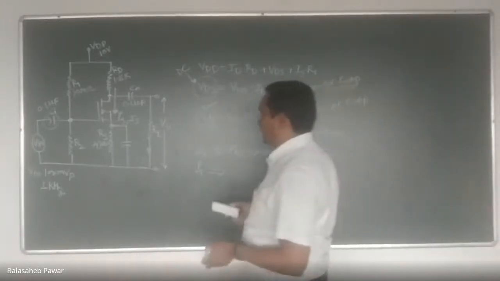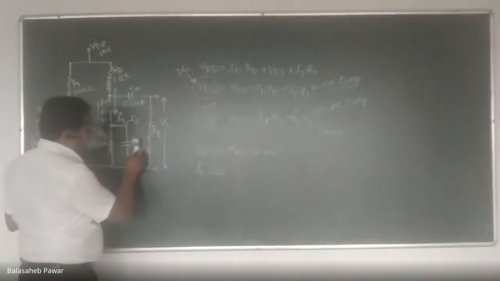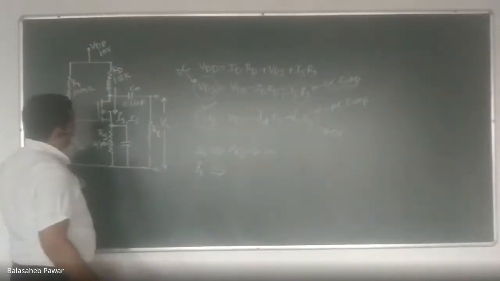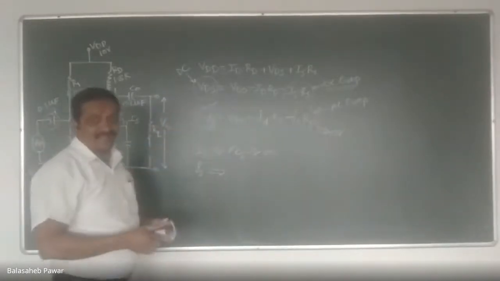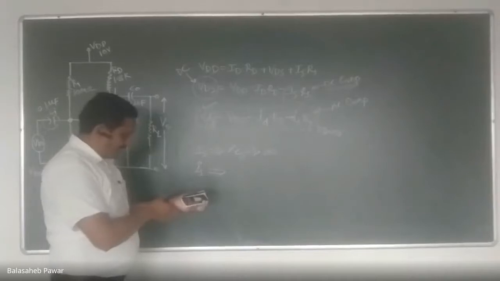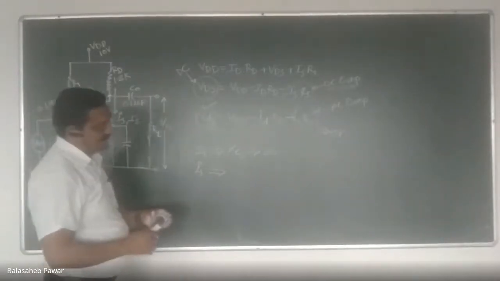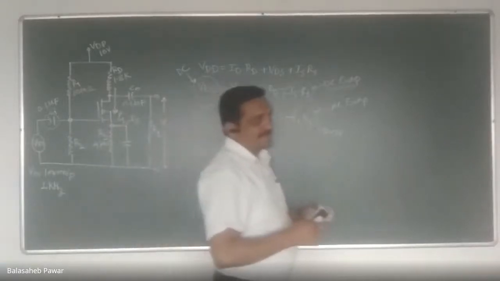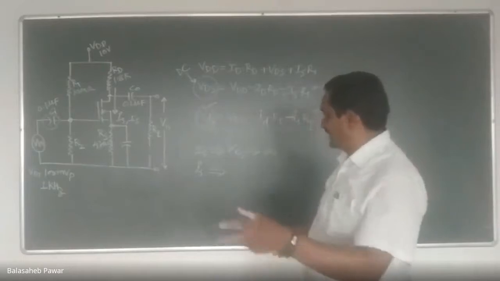So in the next lecture, we'll discuss the various internal capacitances of this MOSFET transistor and how they affect the high frequency gain. Those capacitances are known as stray capacitances, parasitic capacitances or internal capacitances. How they look and how they affect the gain, I will explain in the next lecture.